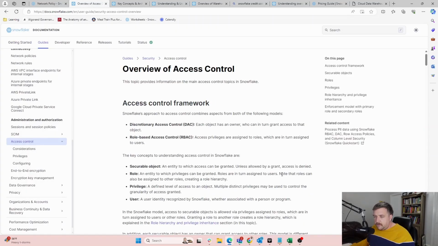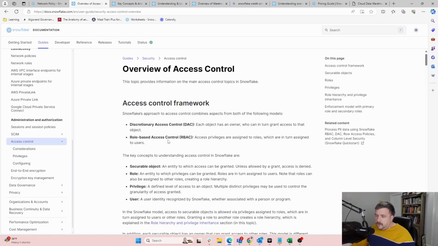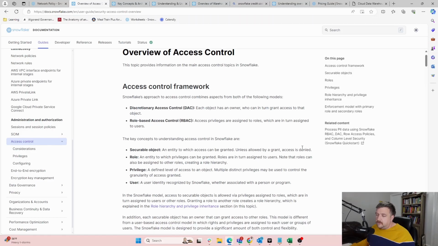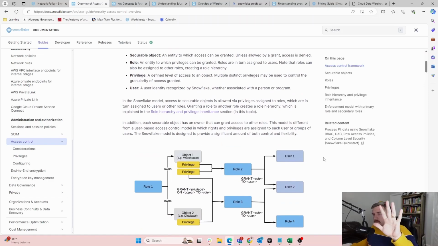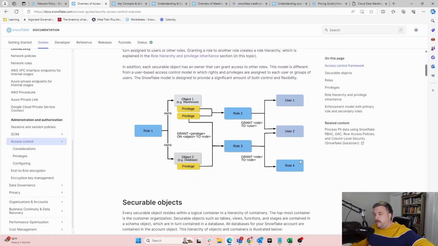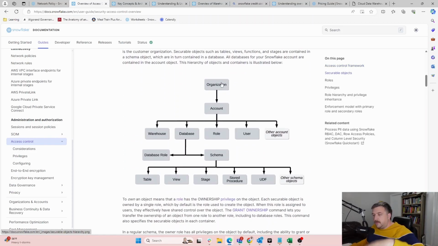So let's talk about that real quick here. Just a note, if you do take the core cert, this is a question, I think: what is RBAC? You need to know what this means, role-based access controls. So this documentation is going to give you an example of all of that. And this is where we talk about the hierarchy of this stuff. So these are the objects. You've got your organization, your account level, all these things roll up to account, all these things roll up to database, and then these things roll up to a schema. So again, if you're given access to a schema, then you get all the stuff below. Access to a database, you get the stuff below.